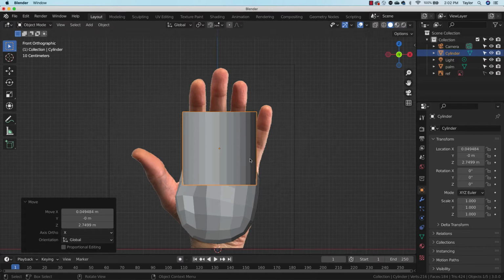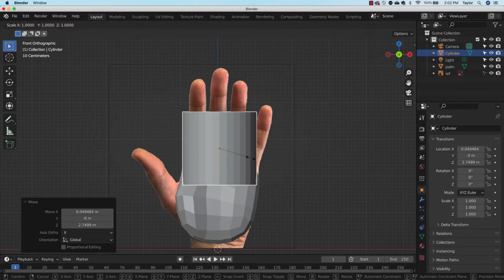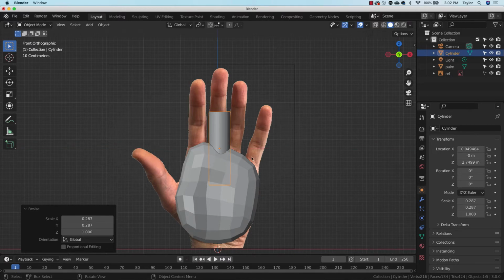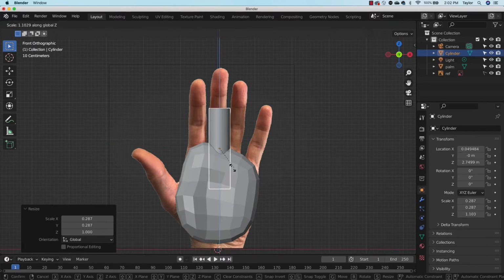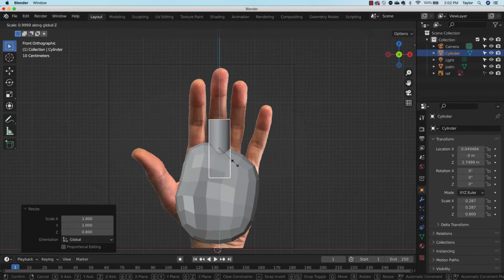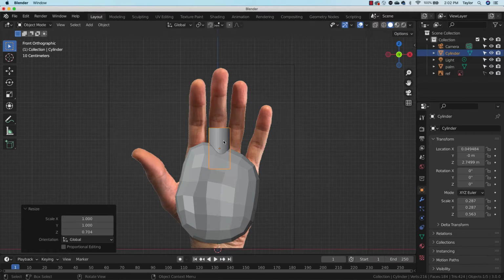Let's grab this. If I say scale and then Shift Z, it's going to let me scale this in both X and Y, but not Z at the same time. And then I can also scale it in Z separately. And for this one, you're actually going to let it penetrate down into the hand a little bit, not quite that much. But we want this joint to wind up cutting right across here where the finger bends, but